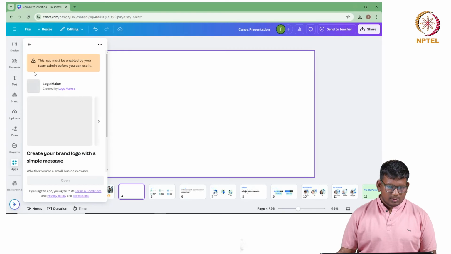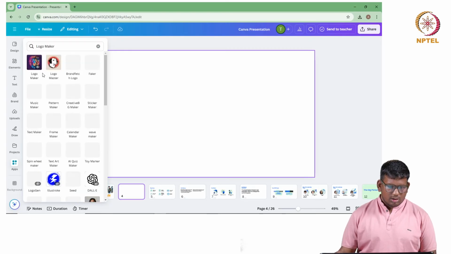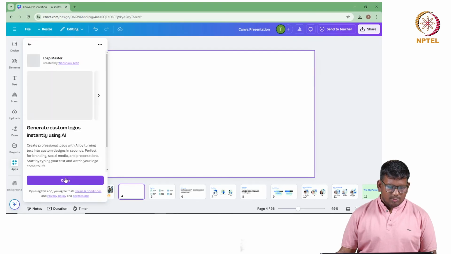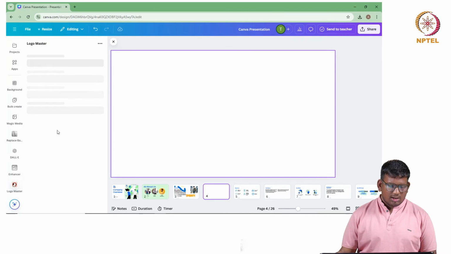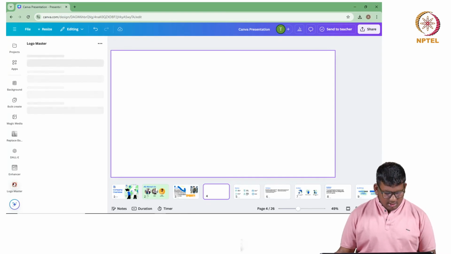Yeah, apps, logo maker. So you can use any free tool if you get it, and open it. Then you can give your requirements to the AI tool, and it will automatically generate a logo for you. You have different tools as well, such as Dolly and Enhancer and Logo Master and everything. So it's taking time to load. Meanwhile, let's